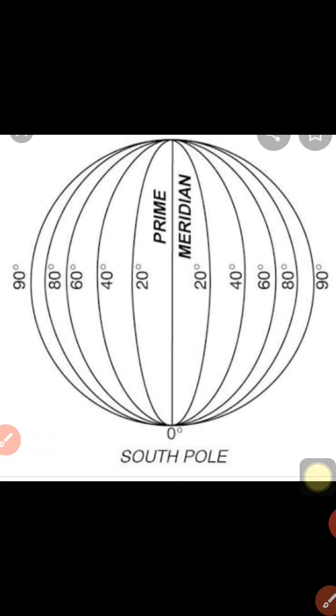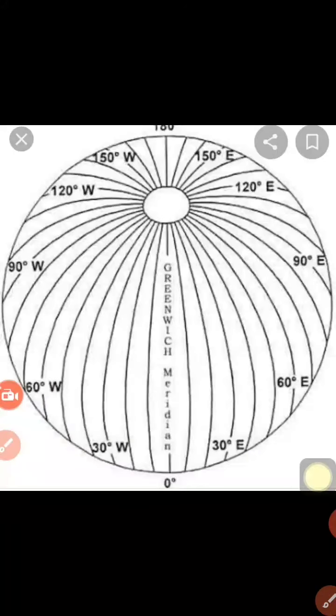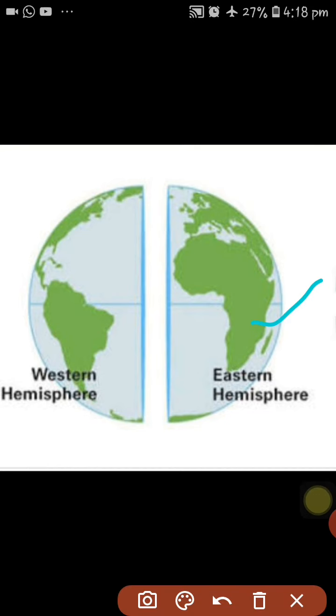Latin word longitudo, meaning length or height. It is not full circles. It is the eastern direction and western direction. Observe here: eastern direction and western direction. The half part that lies to the east side is called the eastern hemisphere. Eastern hemisphere. And the half sphere that lies in the west side of 0 degree longitude is called the western hemisphere.